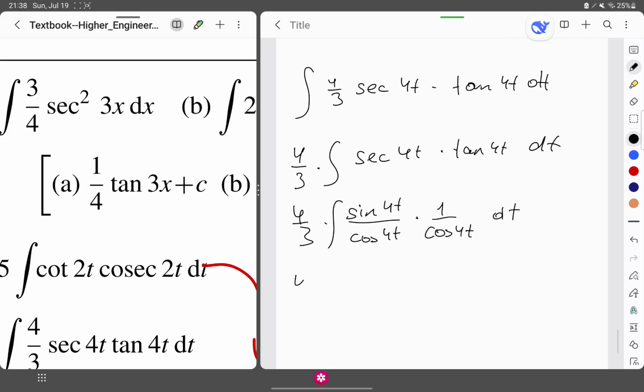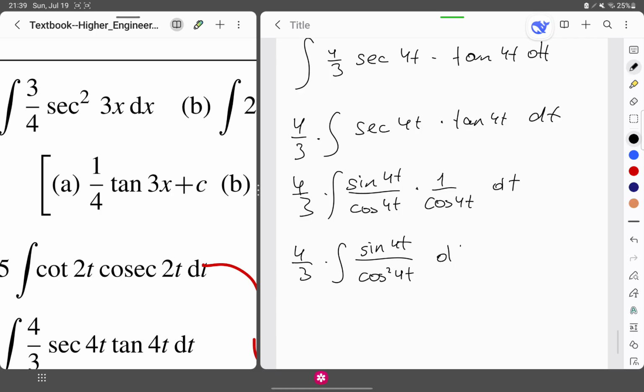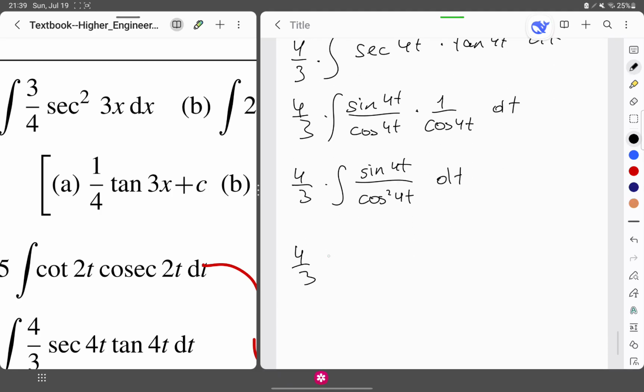And this one will be 4 over 3 times sine 4t over cosine squared 4t dt. Okay, now it's clear that sine 4t is